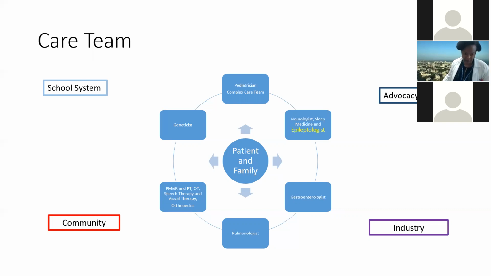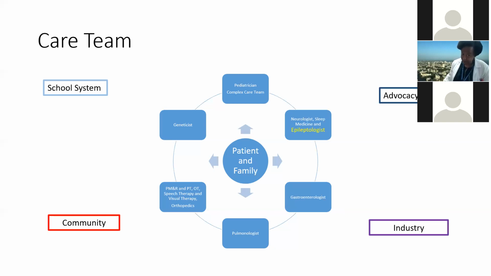Needless to say, the therapies and the equipment are super important, okay? I often have to fight to get my patients what they need, and it shouldn't be that way, because the goal of the therapist in these patients may be that they're able to sit or walk, but some of them will not be able to. But then you want to make sure that they don't become spastic and contracted, so the parents won't have limitations to change the diaper, to be able to provide the adequate hygiene that they need, okay? So the therapy needs to remain whether the patient is progressing enough or not, to avoid complications of immobility.